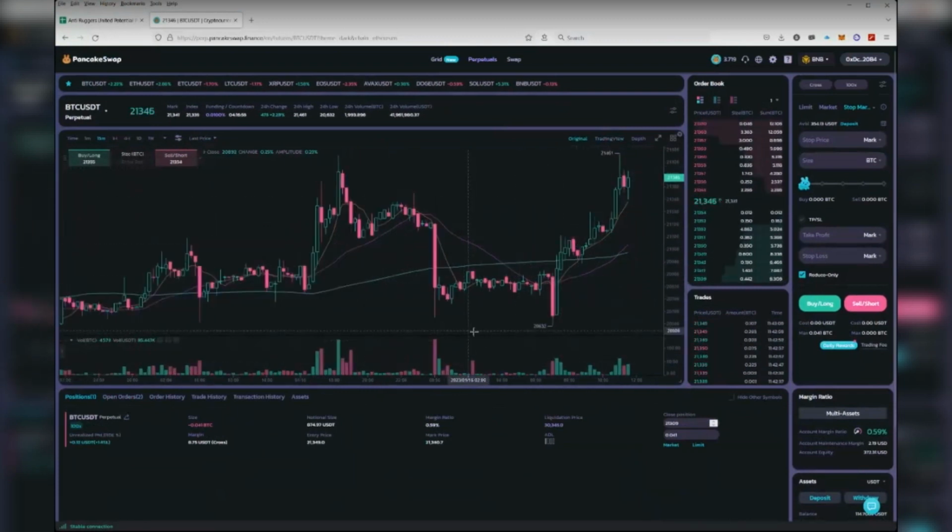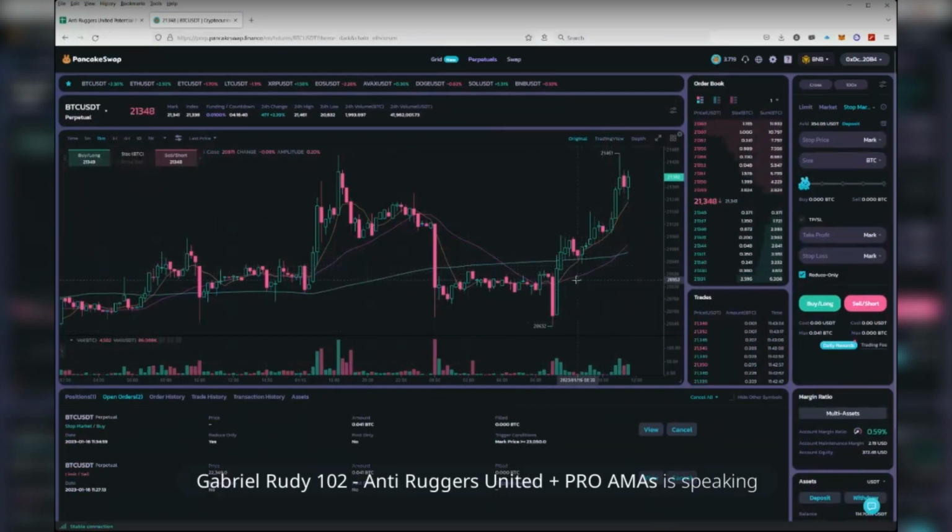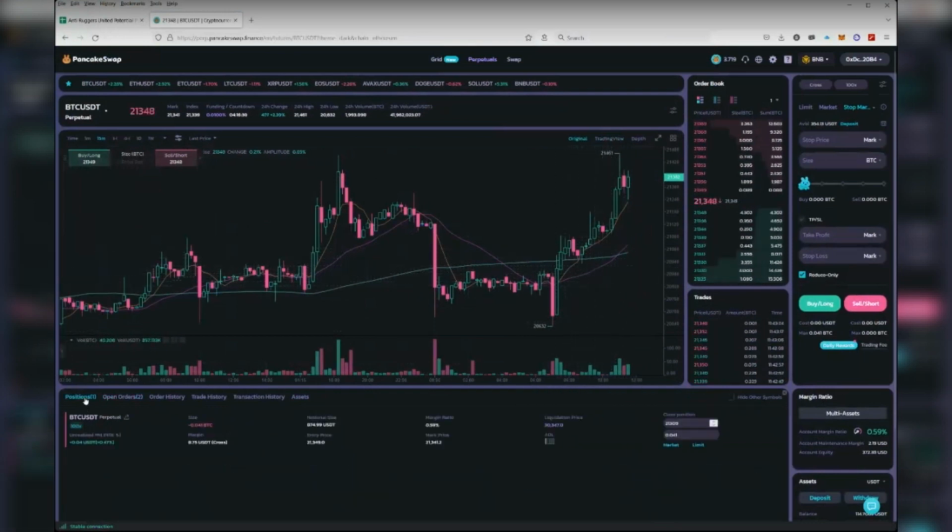So let's say I had a stop loss for Bitcoin right here at 26.72. I wanted to move it up to 29.30. At least on PancakeSwap Futures, I would have to cancel that order and make a new one. Okay, so you don't have to cancel on the Kucoin, right? You are showing us on Kucoin. Okay. Kucoin, you don't have to cancel. You could edit it. And basically, let me show you Kucoin.